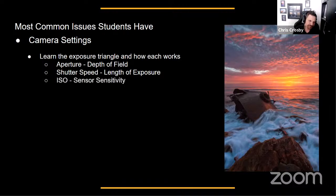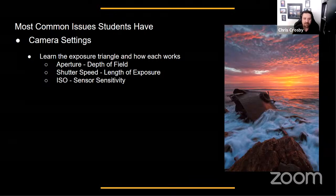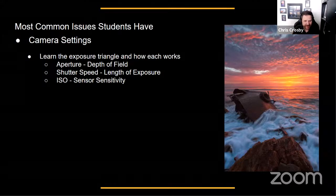And then ISO. And you guys all know this, but ISO is sensor sensitivity. So how sensitive the sensor is to light. It's almost like how much sunscreen the sensor is wearing. At ISO 100, it's wearing some SPF 125. But as it gets up to ISO 800, it doesn't have much sunscreen on at all, and that light can come through very fast. So these three things are all you have to remember, and it's not very hard,